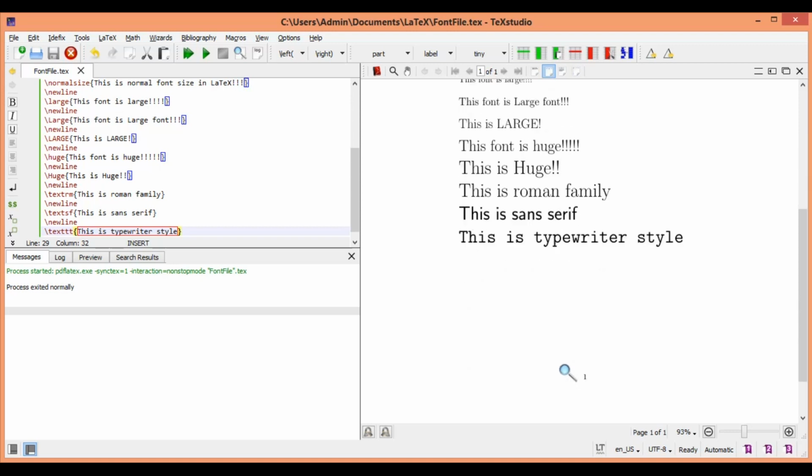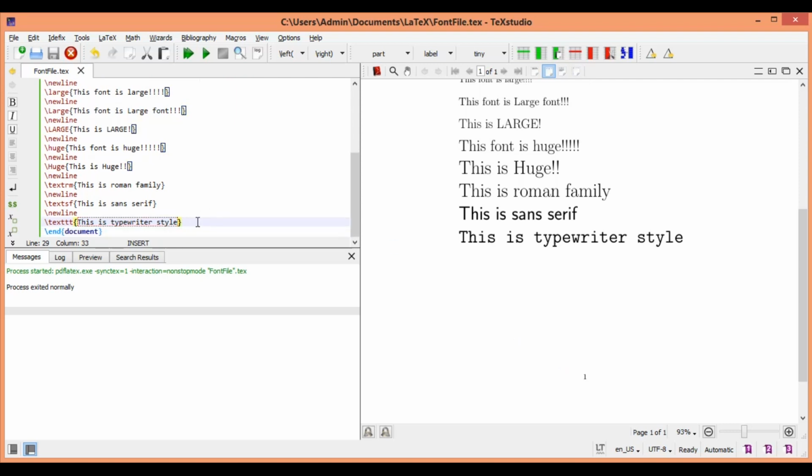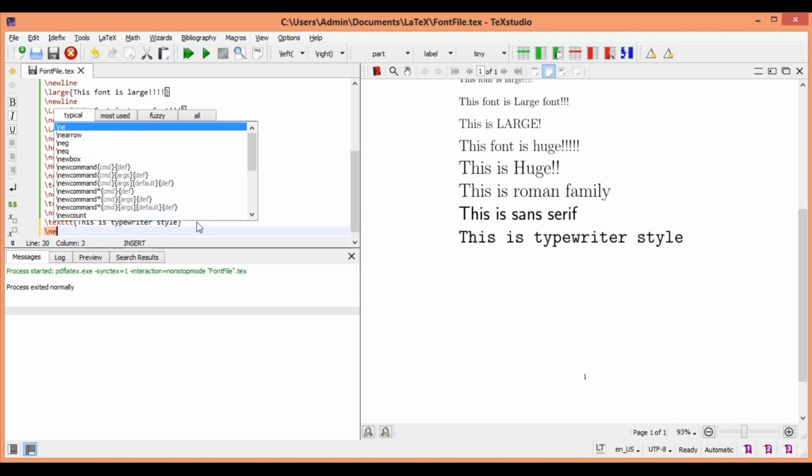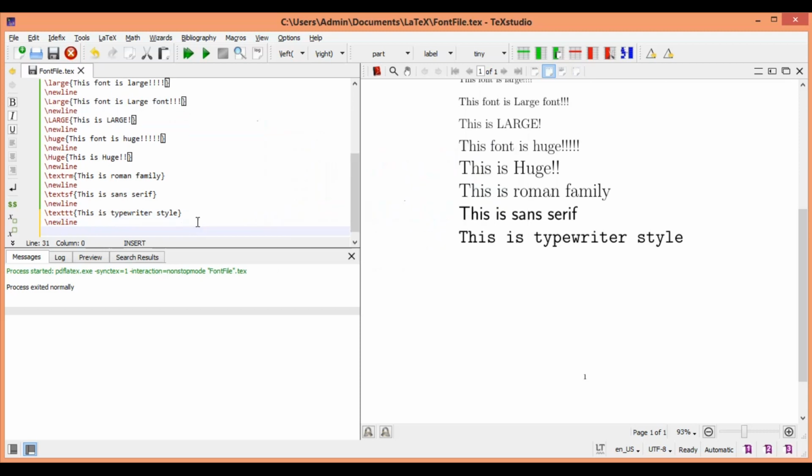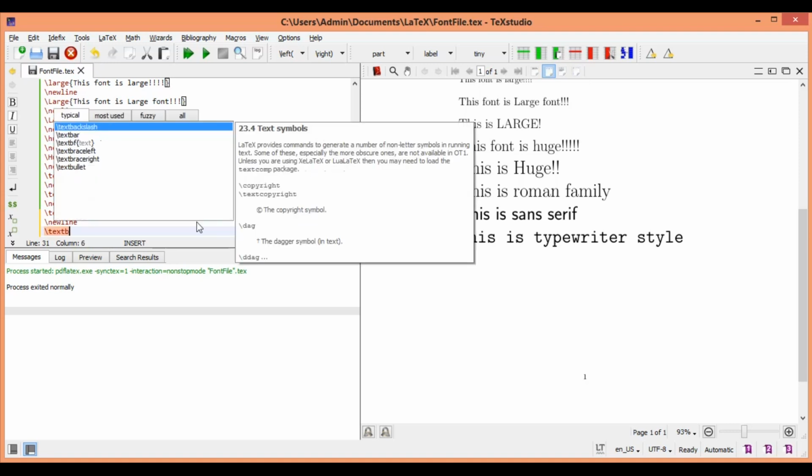Okay, now we will move to font styles. By font styles, what I mean is bold, italics, etc. Okay, so now let us see. If I put in a new line, there are different options. Let's see first. Textbf is bold.